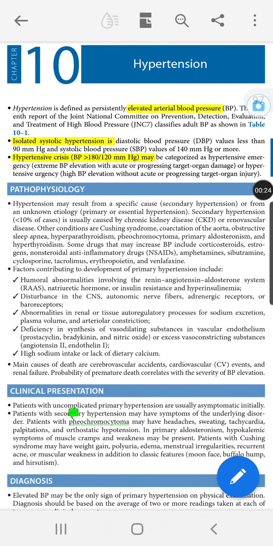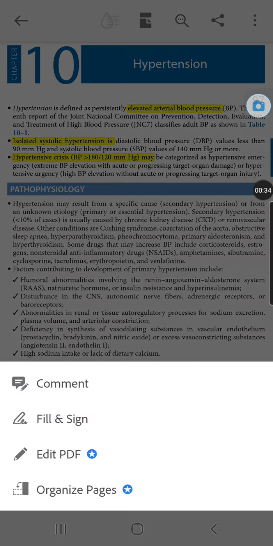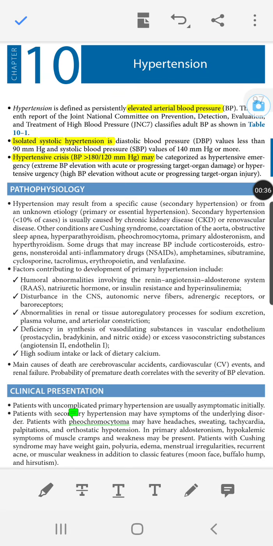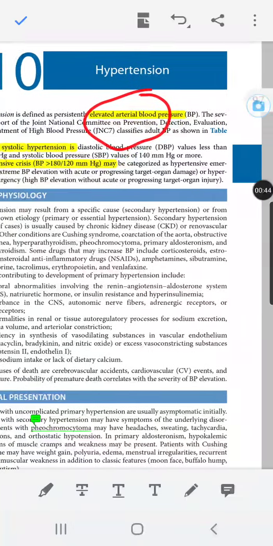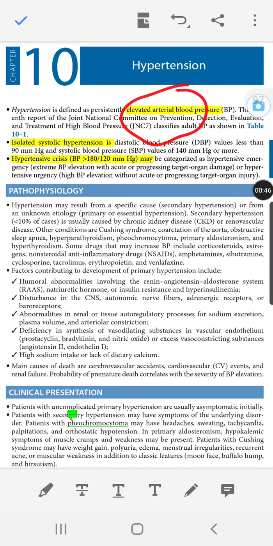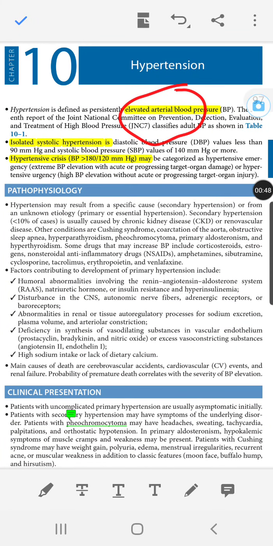Here they have mentioned the definition of hypertension, which is persistently elevated arterial blood pressure. They have mentioned it's a persistent elevated arterial blood pressure. The seventh report of JNC